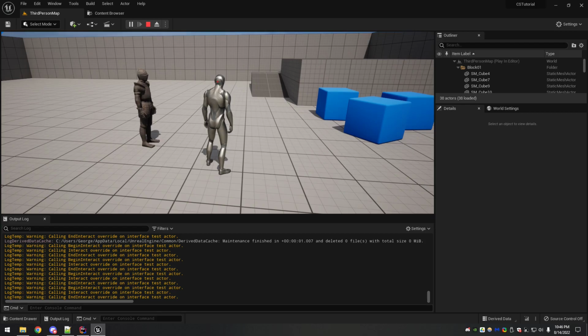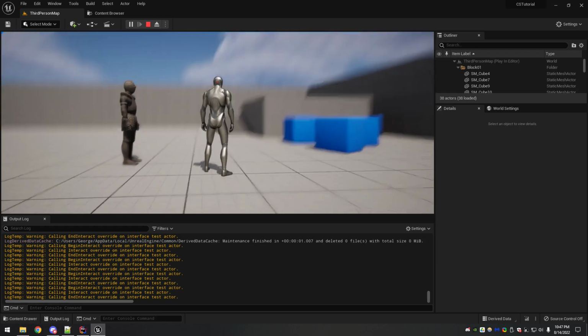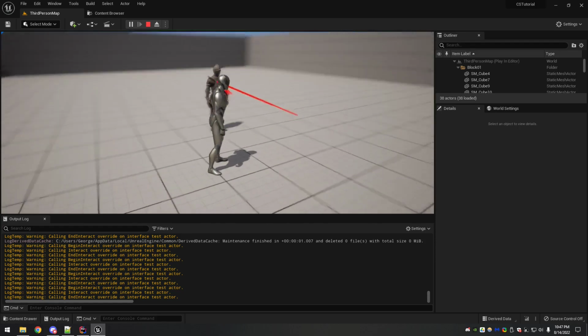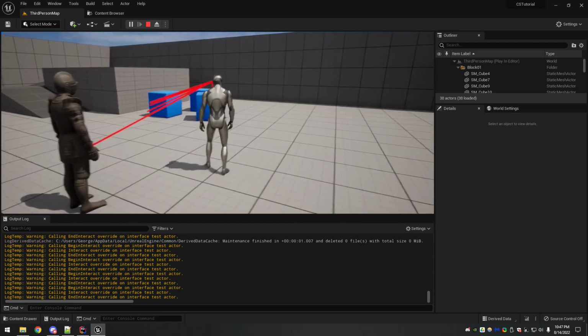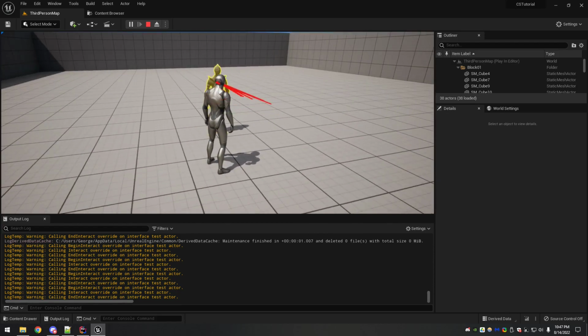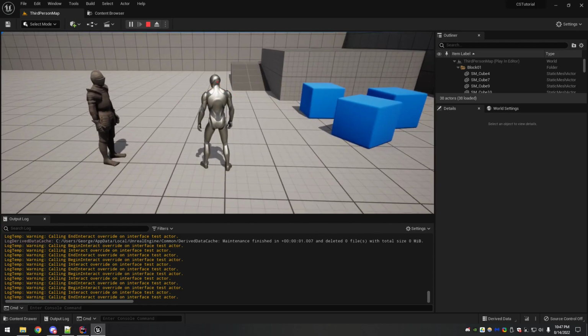And that's what's really important about the interaction, is that we can now walk up to a pickup, we can see it highlight, we can press E on it and run custom functionality that will allow the pickup to be added to the inventory and removed from the world. And then likewise, we can, later on drag it out, throw it back into the world, pick it up again, the whole 9 yards. So that wraps up this whole interaction interface section, and we'll pick it back up in the next video with the inventory, starting out with the inventory.